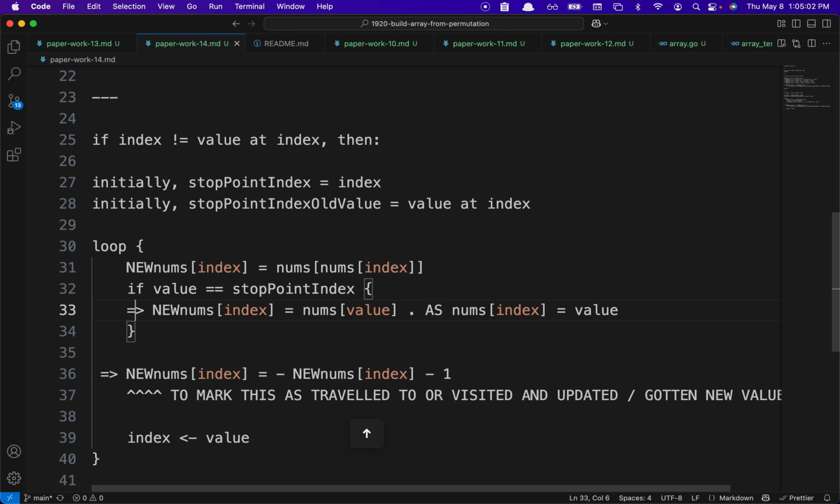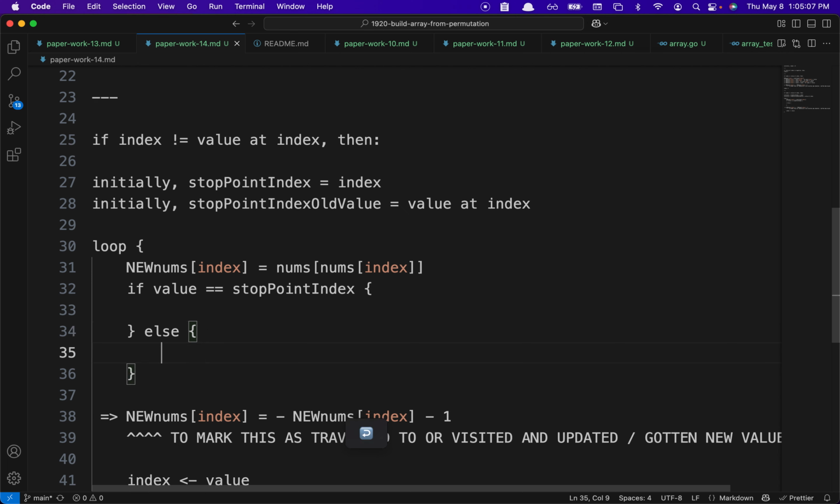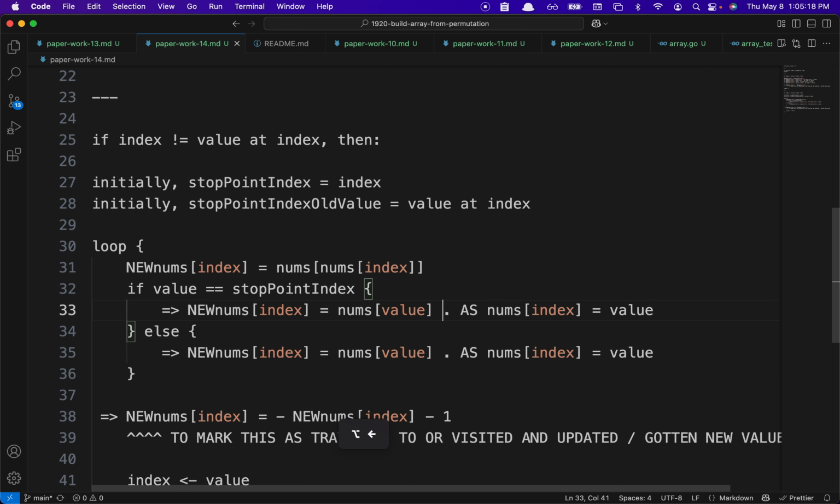No, this is for not equal, else this. But if it is equal, then we'll say something like is equal to value, and then nums of value is basically